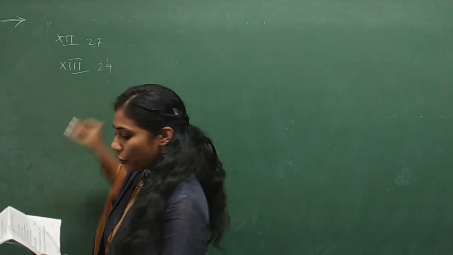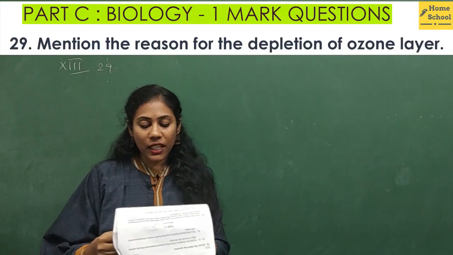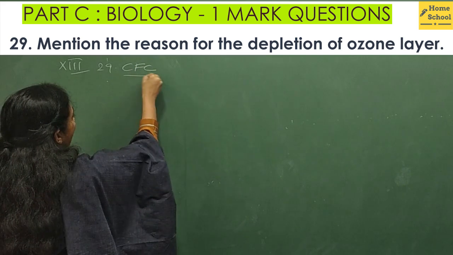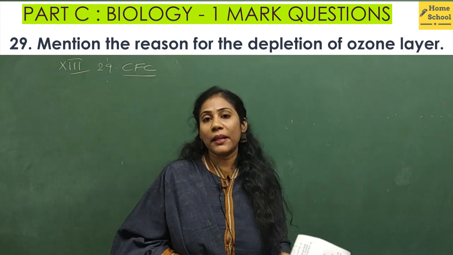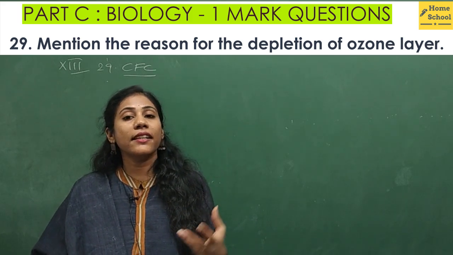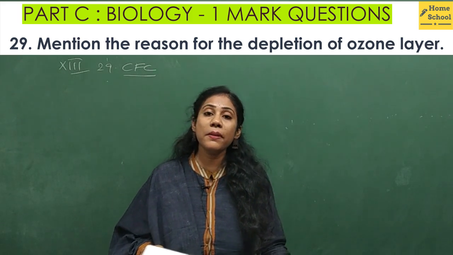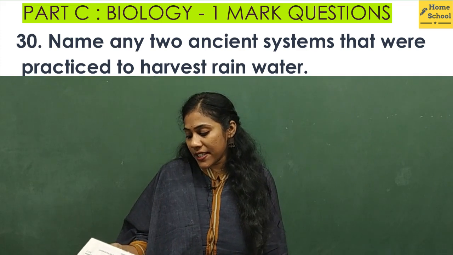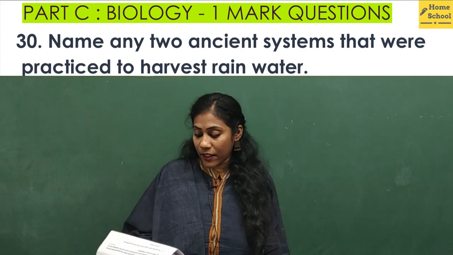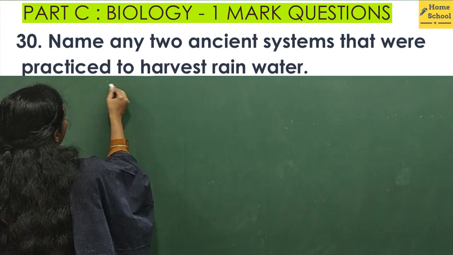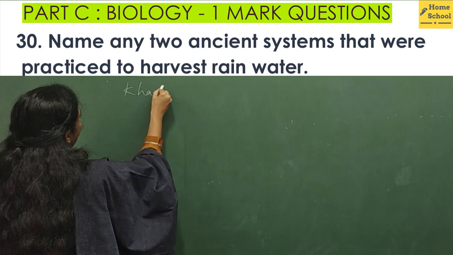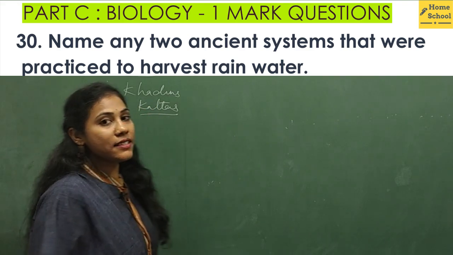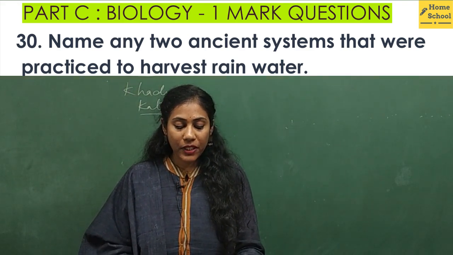Coming to the question number 29. Mention the reason for the depletion of ozone layer. So definitely the reason is chlorofluorocarbons, isn't it? So chlorofluorocarbons are the chemicals that we use in refrigerators, which are responsible for the depletion of ozone layer. 30th question. Name any two ancient systems that were practiced to harvest rainwater. You can mention any two names here, like I remember two right now. So I gave you the two names, right? Okay. Coming to